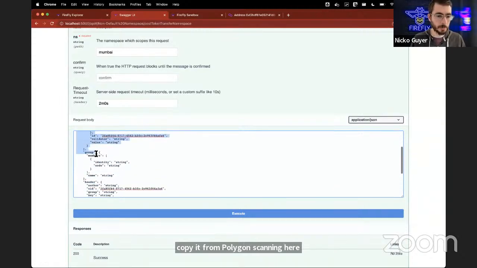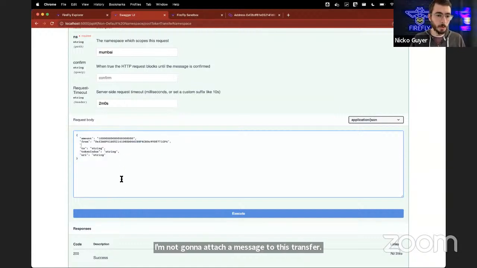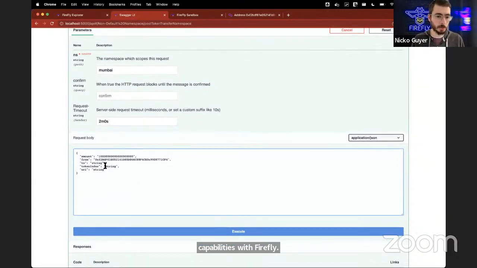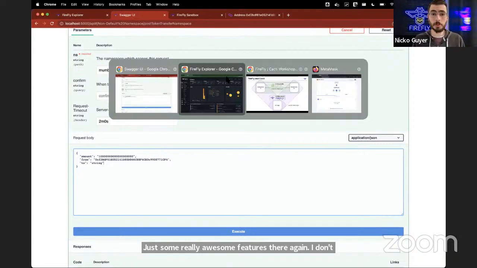I'm not going to attach a message to this transfer. I could; there's a lot of really rich metadata capabilities with Firefly. I can attach a message, and I can attach data to the transfer as well. Just some really awesome features there. Again, I don't have time to go into all of them today, but I'm going to transfer this to my